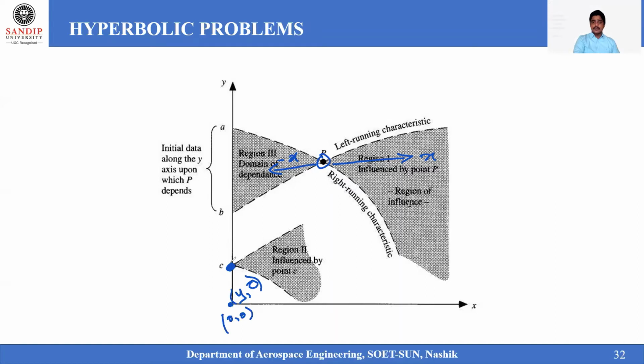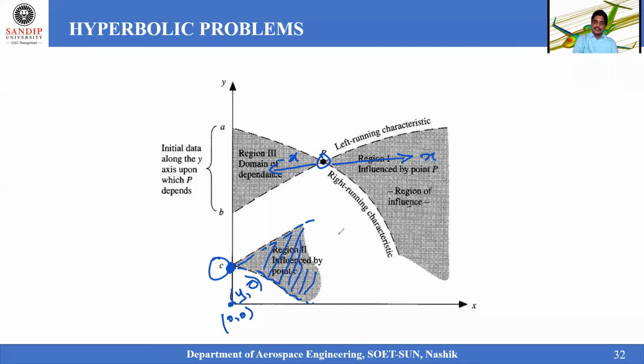That means at this point C, I have only height available, but there is no distance available for this point C. If my point is exactly on the origin but has been shifted in the vertical direction, then the region is also being influenced by the point C. That is called a region of influence, right? So the point C is changing the flow phenomena, which is rising from this particular point C or point P.